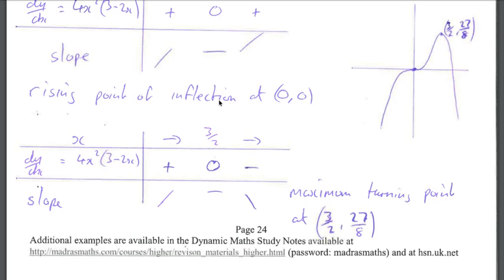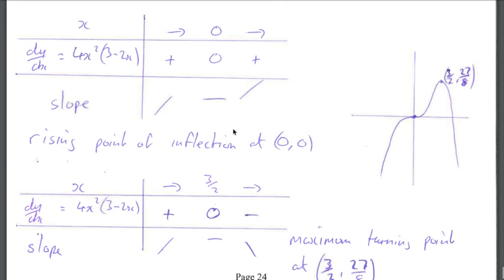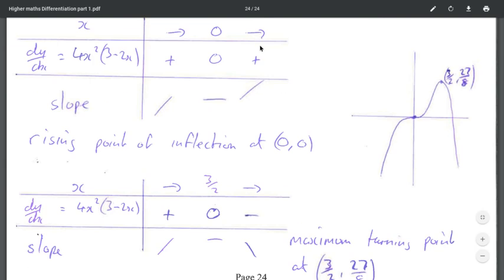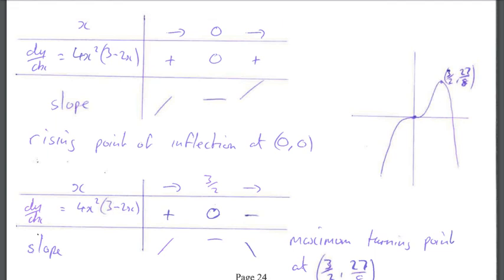So there's a rising point of inflection at 0, 0, so we must always make that statement. It's asked for in the question. We must make that statement. Right, let's look around 3 over 2. Well, we've already looked at what's happening when x is 1, so I can just use this part again. If we want to, we can substitute in again to double check. So 4 multiplied by 1 squared multiplied by 3 minus 2 multiplied by 1 is a positive times a positive,